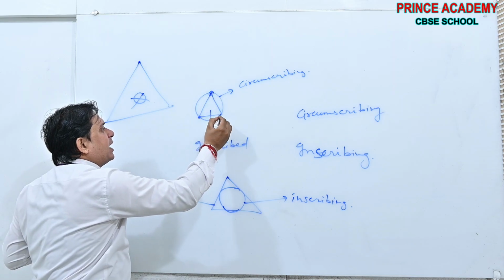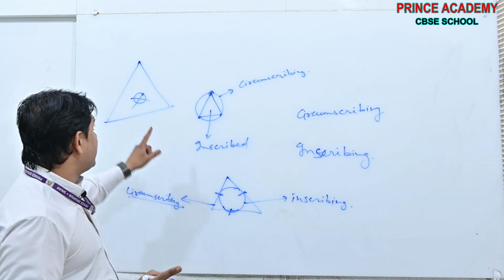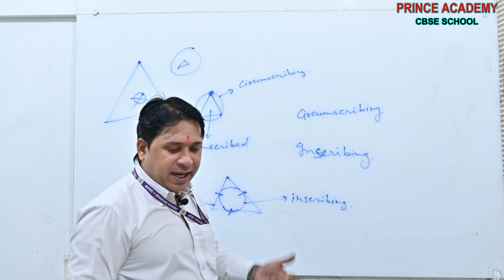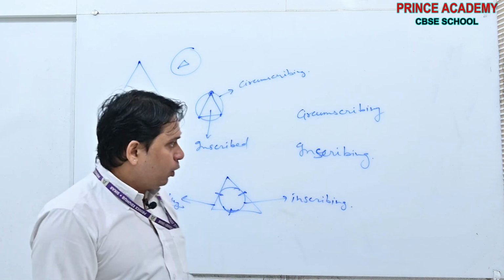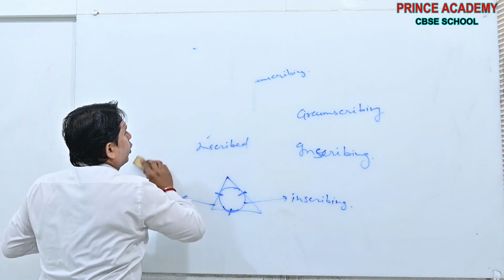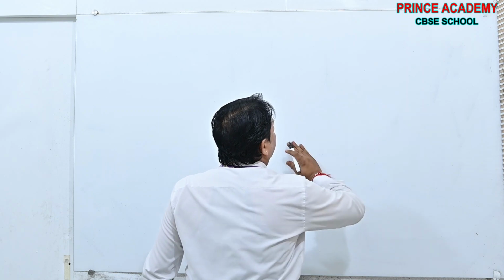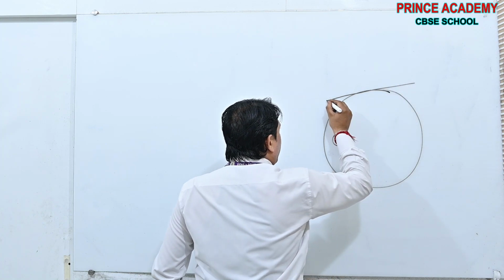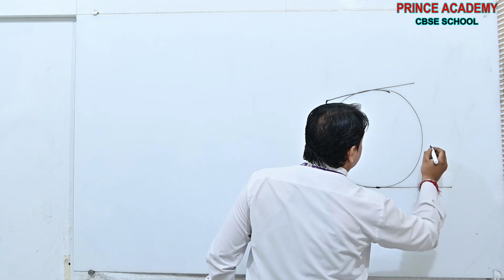Here all three vertices are touching, and the circle is touching all three sides. Okay, this is not the inscribing case. Inscribing or circumscribing cases are there where the figures are touching or meeting each other. Done? Okay. Now see, question number 8. Everyone read the statement, then I will tell you the theorem. Here it is given in question number 8 that a circle is inscribing a quadrilateral, or a quadrilateral is inscribing a circle. Okay. Now see.